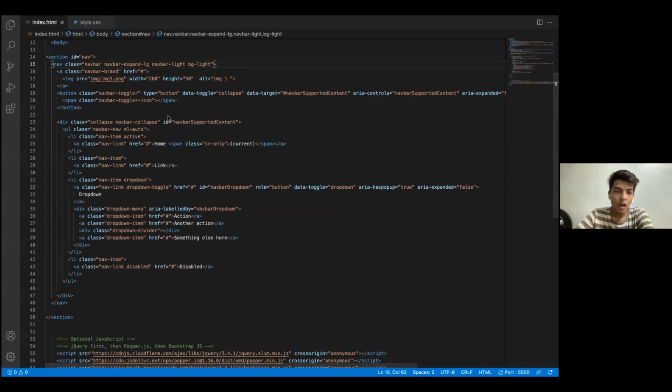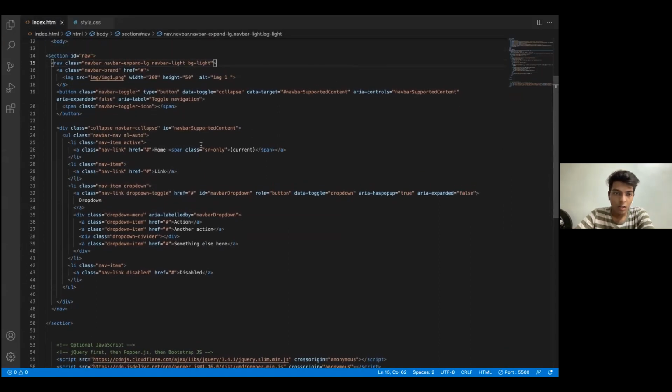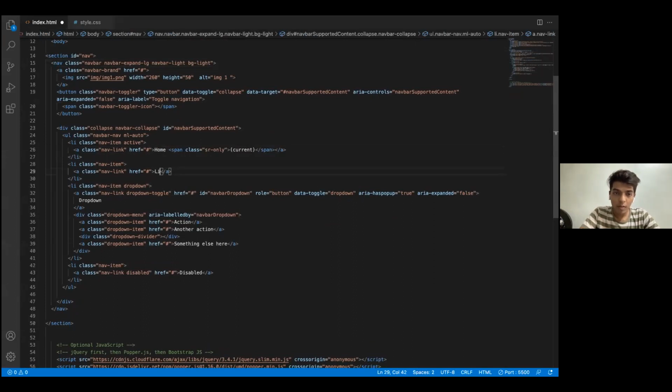Okay, so now actually we'll be styling up our links. Yeah, so the first link that we have would be the home link. Firstly, just let me change the names for the links. So first would be home. Second, we are also building up tables, and we are also building up forms.